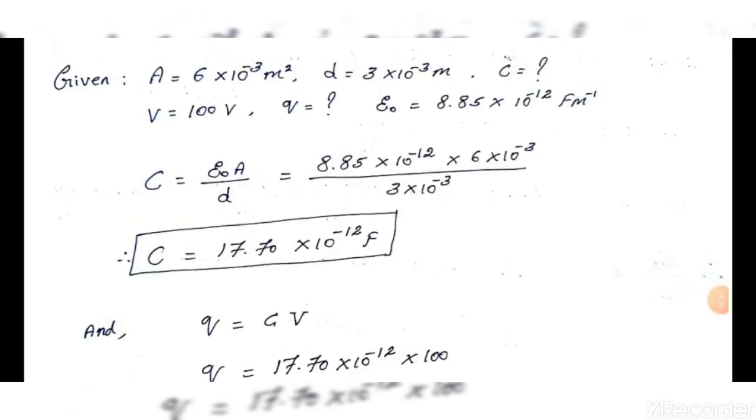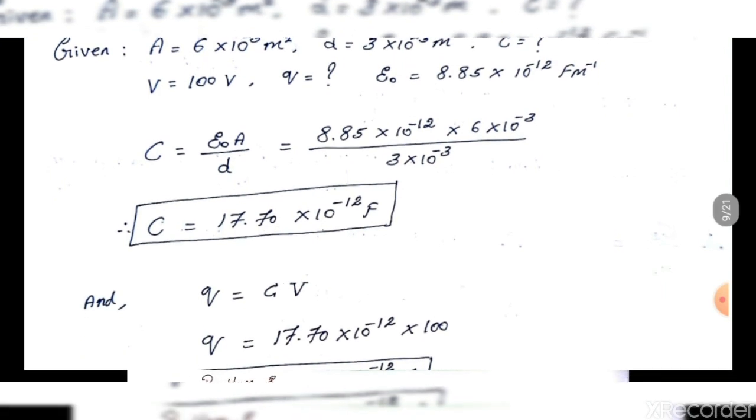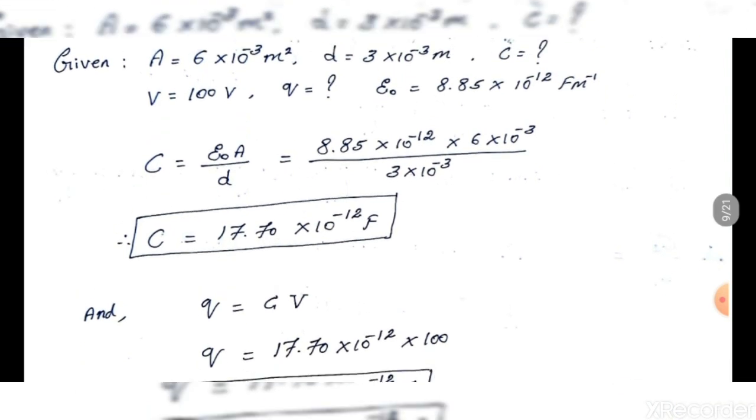Now according to the data, they gave the area, the distance d, and the potential between the two plates. Epsilon naught value is given. We know the formula C is equal to epsilon naught A by d. This is the capacitance formula for the parallel plate capacitor. Substitute all the values here: 8.85 into 10 power minus 12 into 6 into 10 power minus 3, that is the area, divided by the distance value. So you will get the value of capacitance